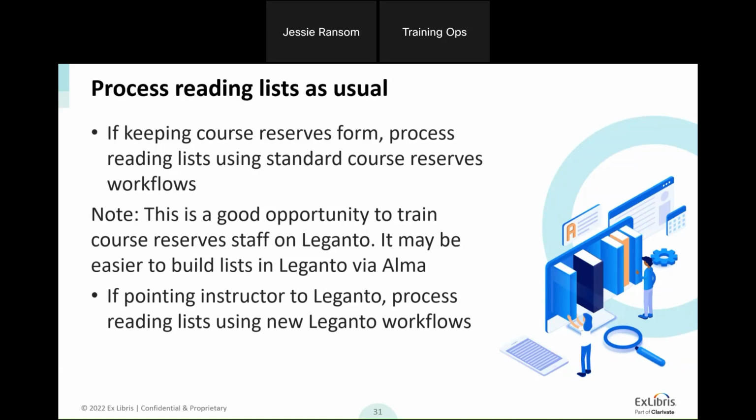And this is also more of a transition, especially this first one. It's of course more efficient for the library to leverage Leganto. So, as you start to make that transition, your instructors are building out these reading lists directly in Alma for you. If you are doing this first one, this is a temporary thing, and eventually you'd be leveraging Leganto for that work of processing, or getting the data entry in there, I should say.